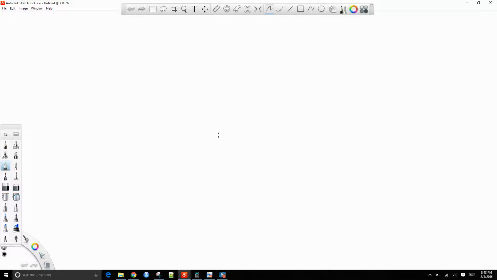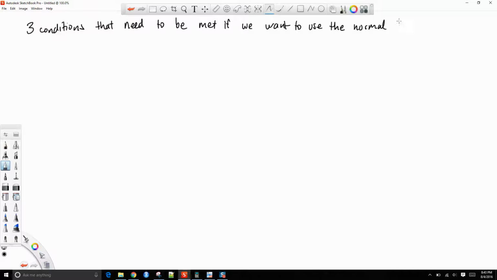So there are 3 conditions that need to be met if we want to use the normal distribution as an approximation of the sampling distribution. Okay, so these 3 conditions are